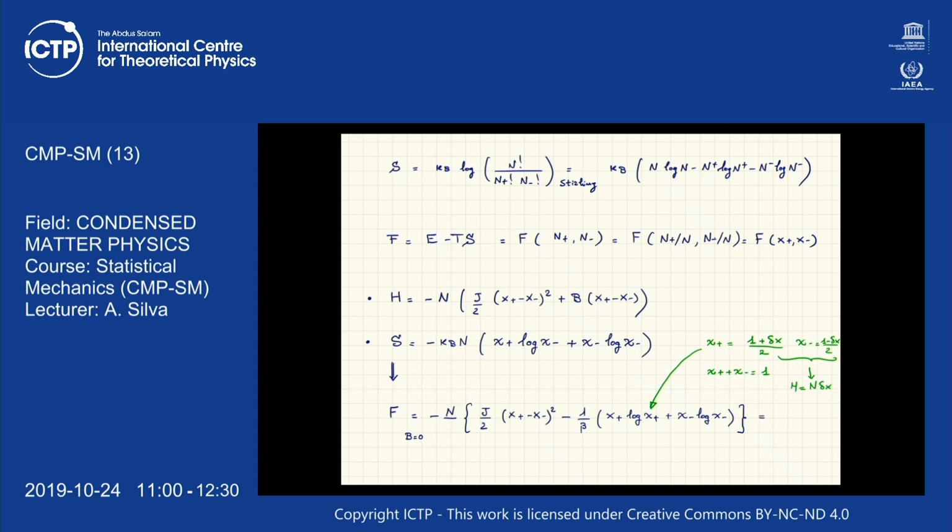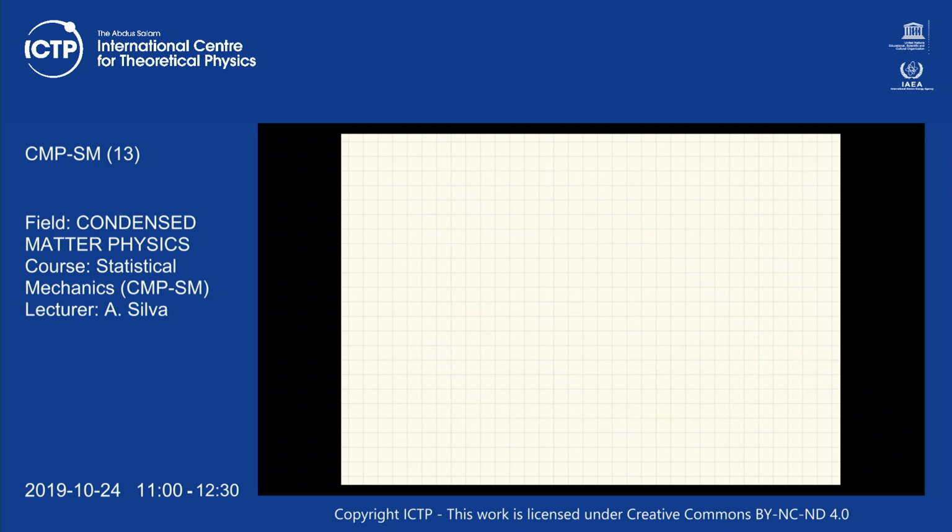And that will be the physical state that is attained by my system. So now, the free energy as a function of delta x is equal to minus beta times n J over 2 delta x squared plus minus